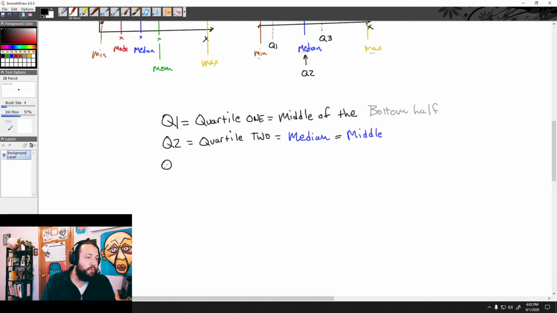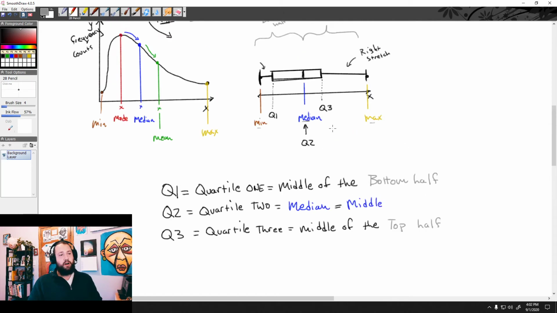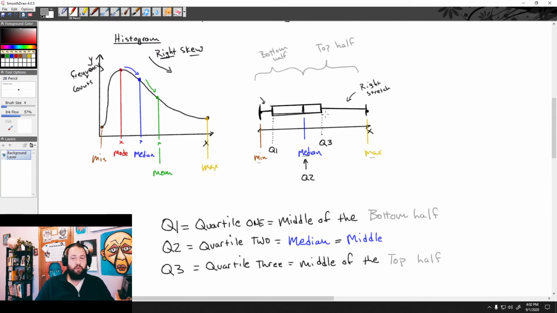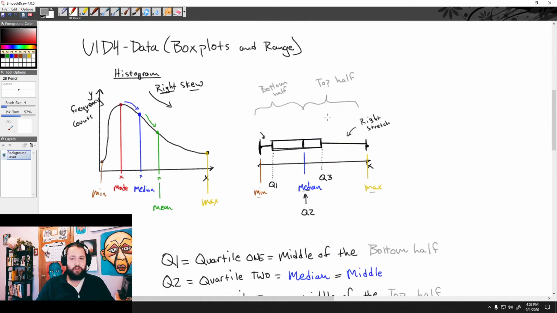And then our last one is Q3. That is quartile 3. And that is the middle of the top half. All right. So these are our main things that we need to know from a box and whisker plot,